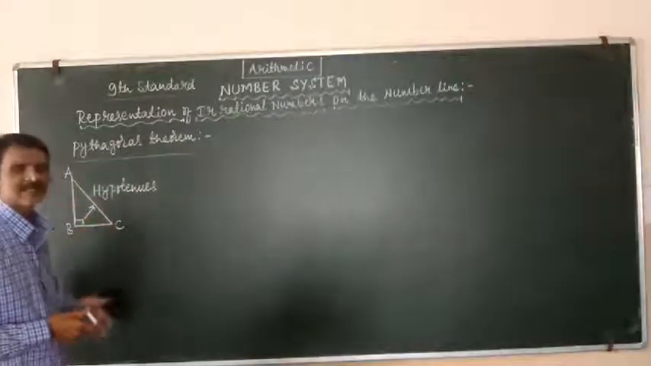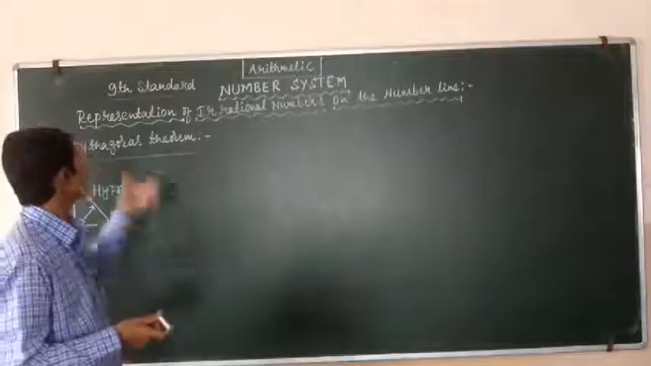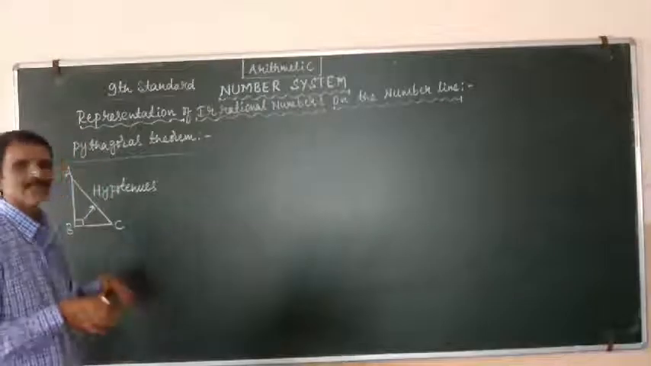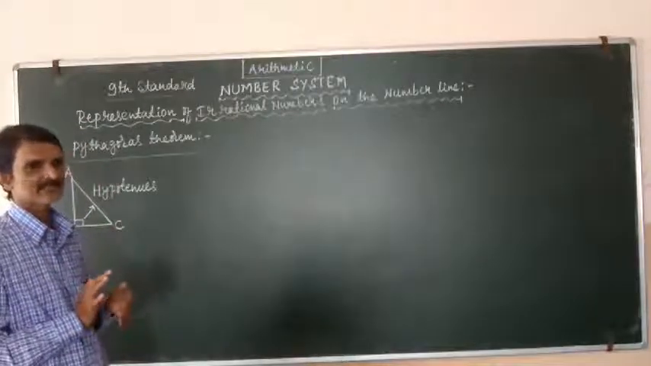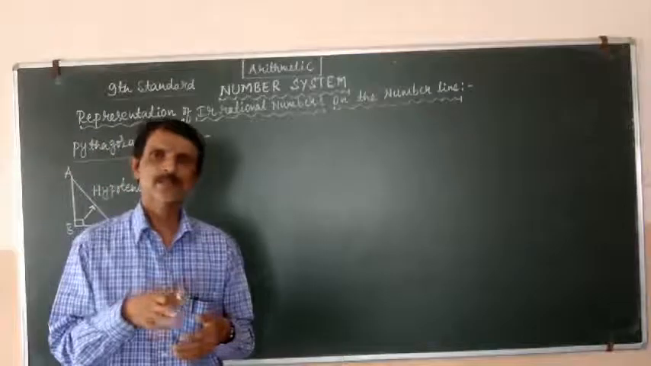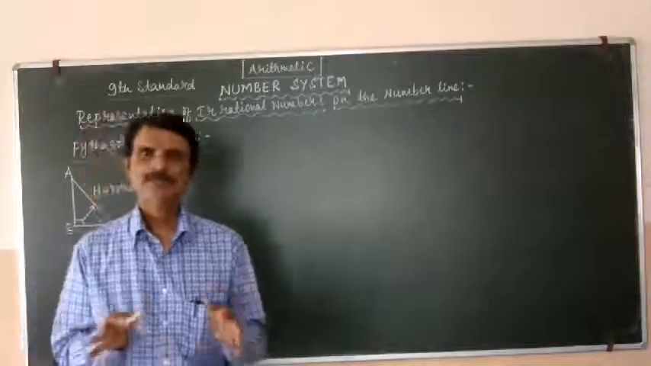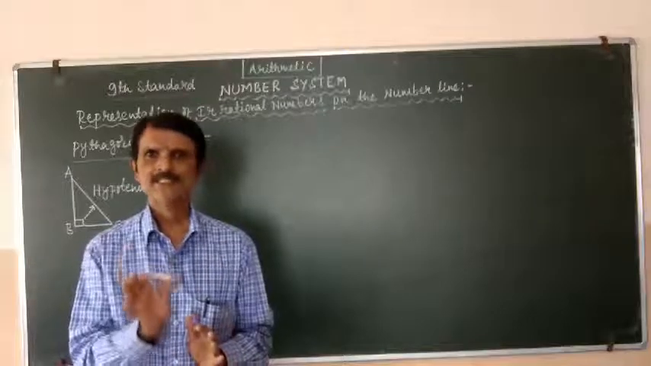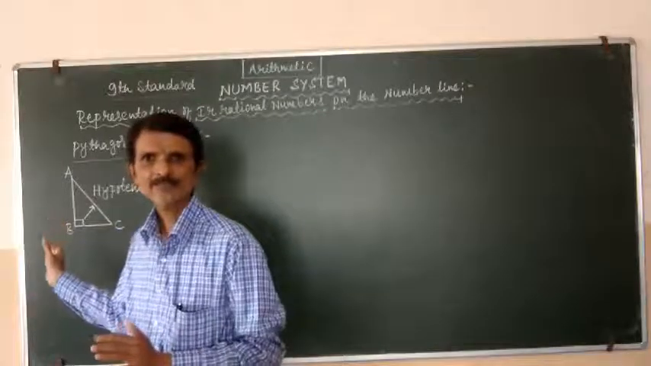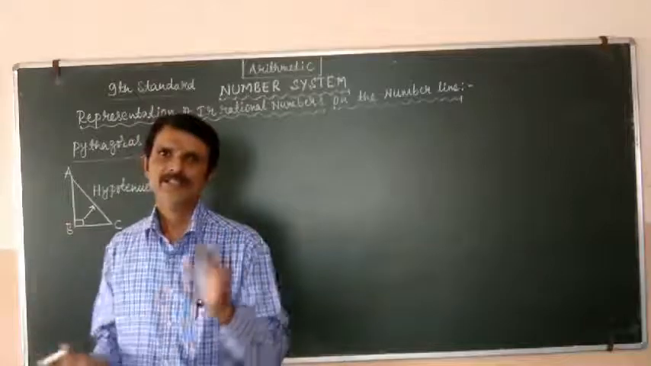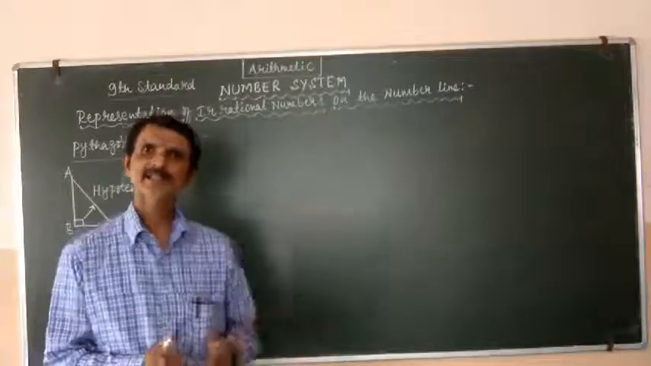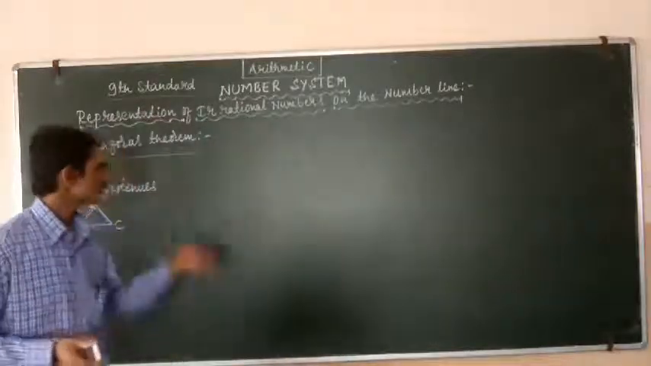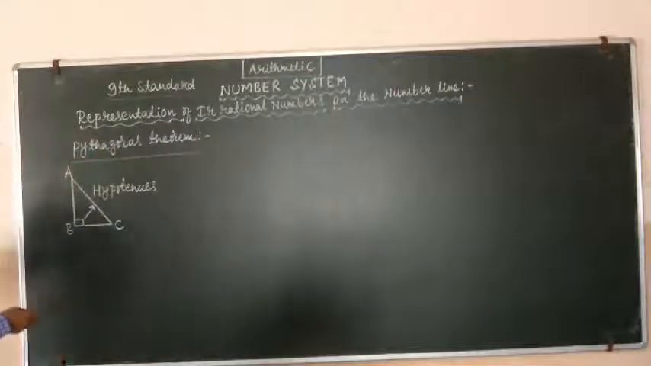For this right angle triangle, he gave the statement and proved the theorem. That is called the Pythagoras theorem. In this class, we will see the statement only. You will study this Pythagoras theorem and its proof in detail in the 10th standard. Okay, students. So it states that in